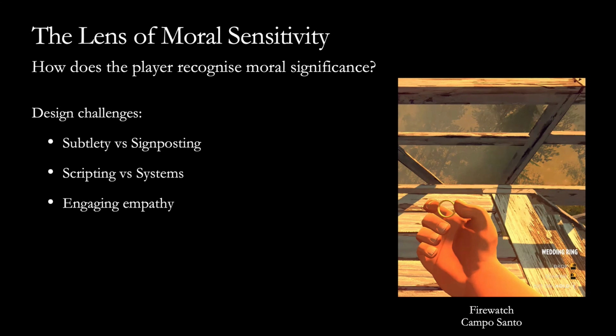But I think it's interesting in that we do assume that our choices need to be big scripted moments that have consequences in the game. There is actually no consequence to this decision, as far as I know, as to whether or not to put the ring back on or to leave it off. The rest of the game, the rest of the story still plays out the same way. The significance, however, is in the player's mind as to the meaning of that act and what significance that gives to all the rest of their decisions in the game.